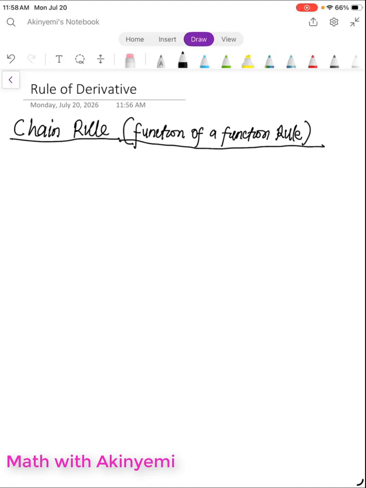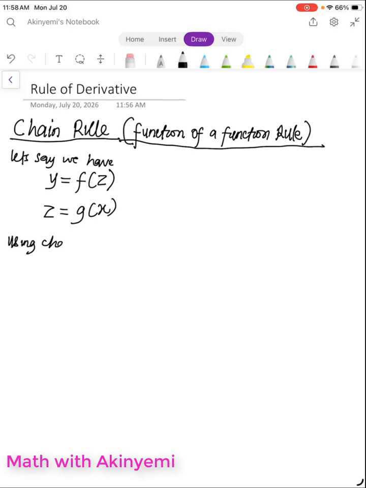Let's say we have a function y equals f of z, and we have another function z equal to g of x. Using chain rule, the derivative is